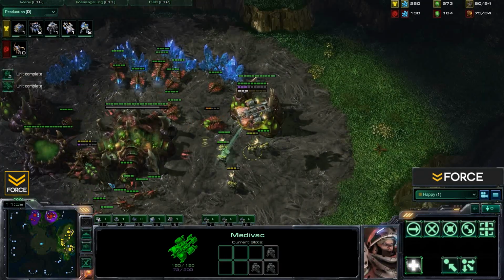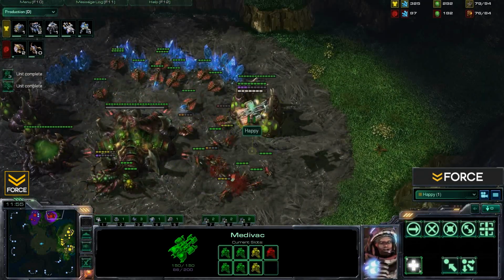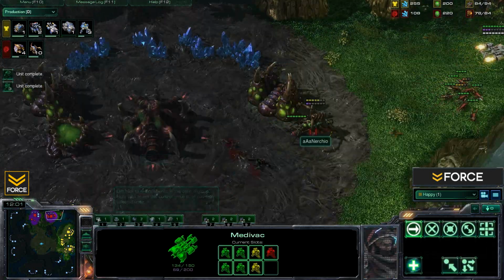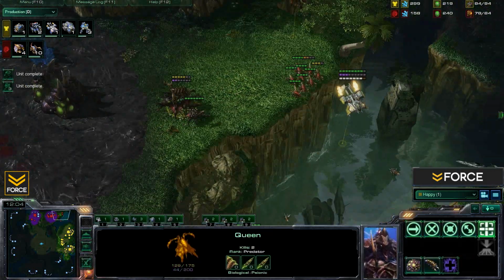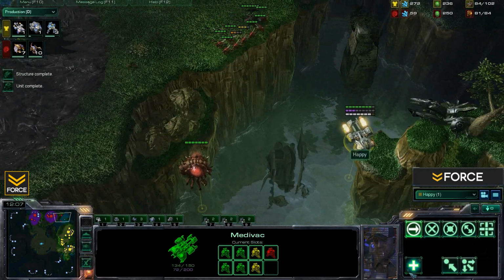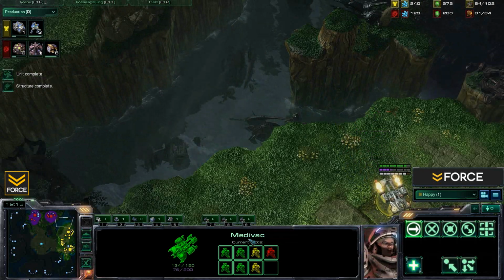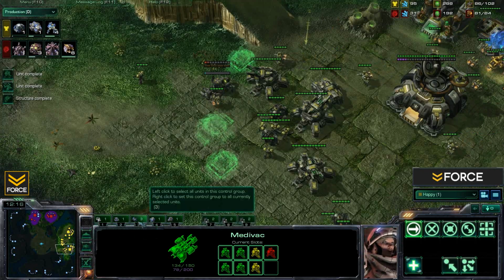Doing all sorts of types of harass this game. As you can see right now, Happy moving into some sort of drop harass. Again, the main goal here is to be killing off workers, sniping queens, and killing off tech buildings. Unfortunately, though, Inertio was able to deal with that quite quickly, but just being a nuisance is enough. I mean, as you can see, all Happy lost there was 1 Marine. Really not that big of a deal, so...